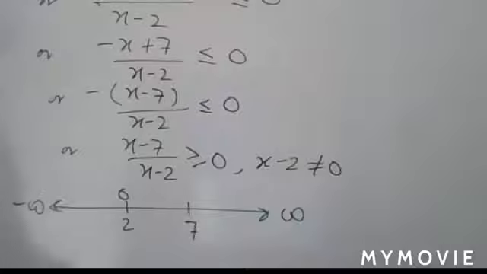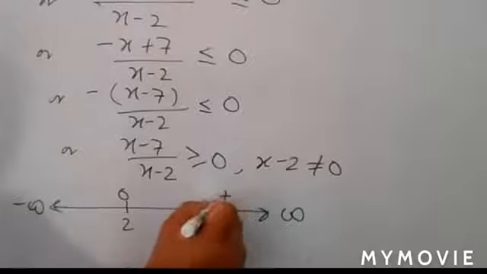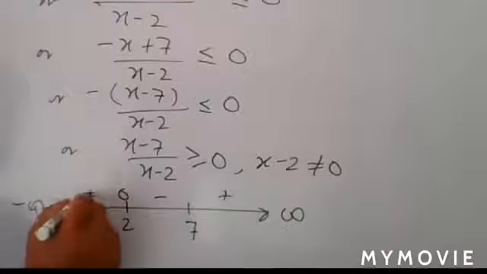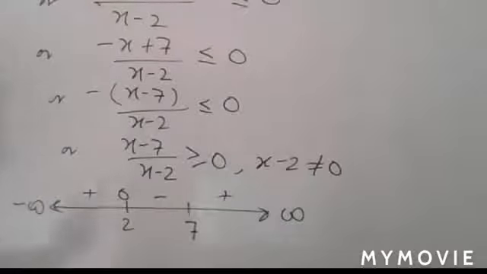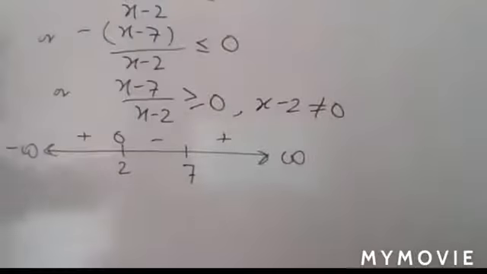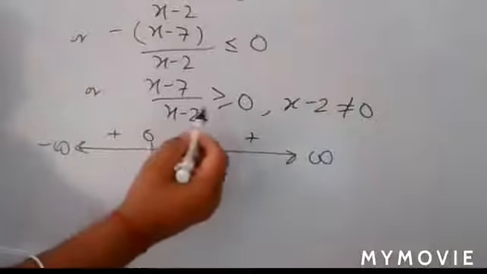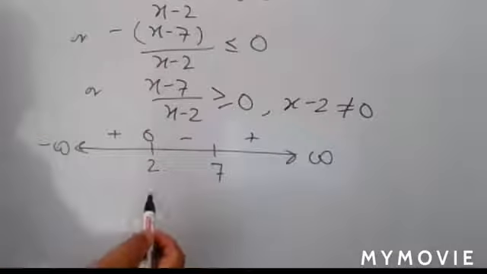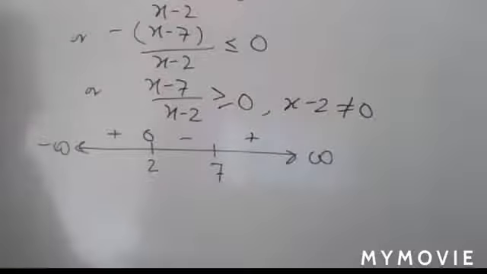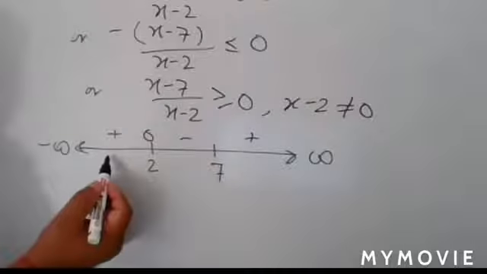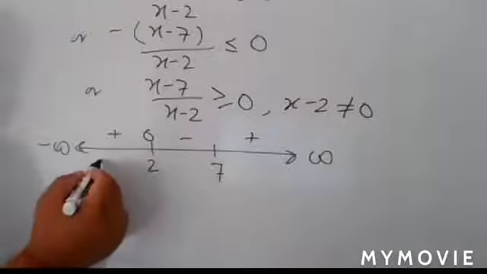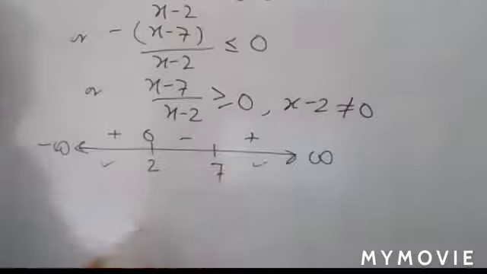This 2 point is not taken. And yes, think about your reason. Extreme right, here you have positive, negative, here you have positive. Understand? So if you decide your reason, the complete inequality is greater or equal to 0. So you are searching for positive reason, and your positive reason are this one, minus infinite to 2, and here you have 7 to infinite.